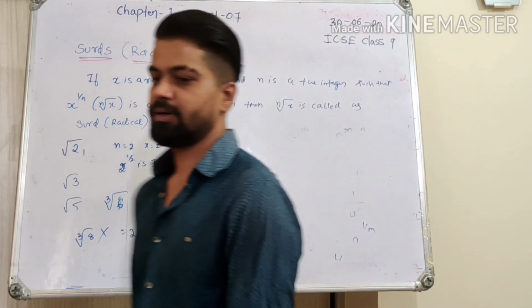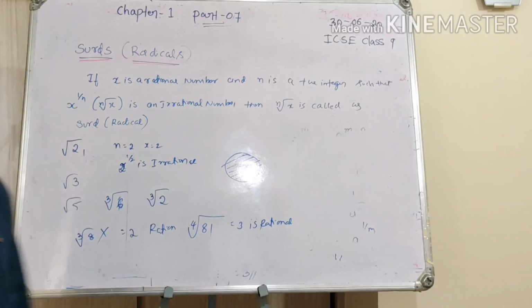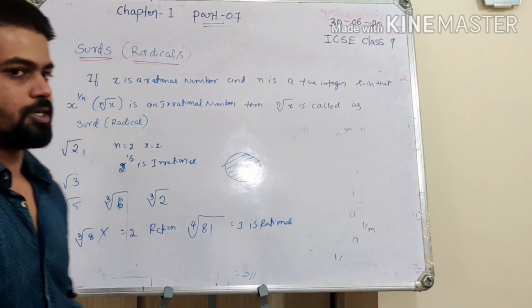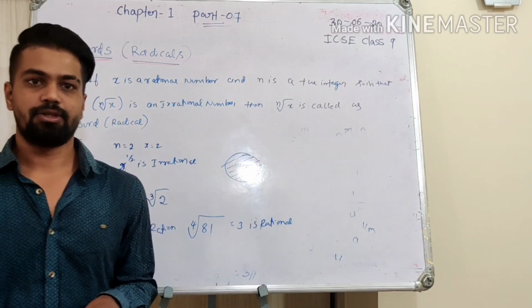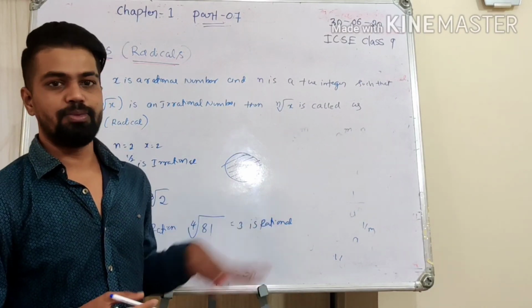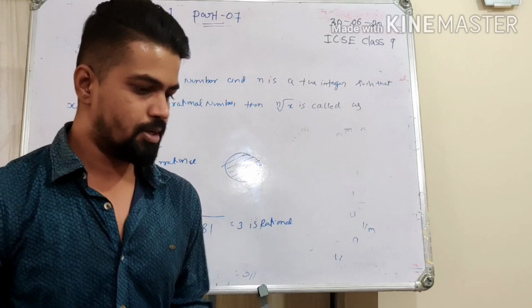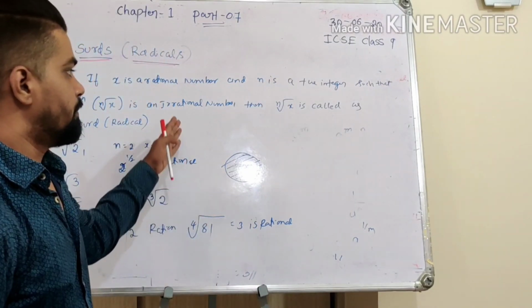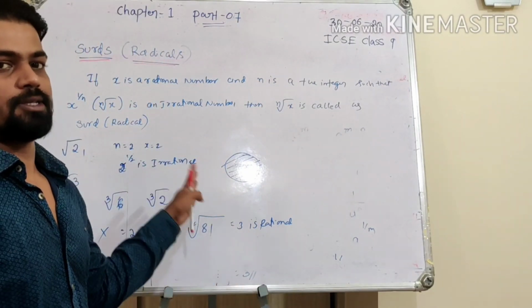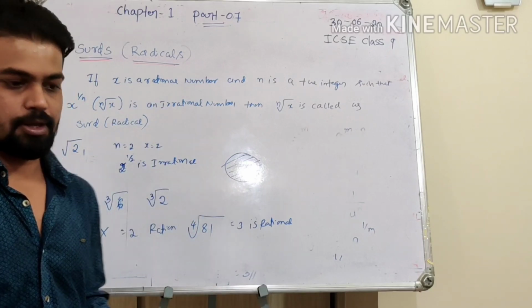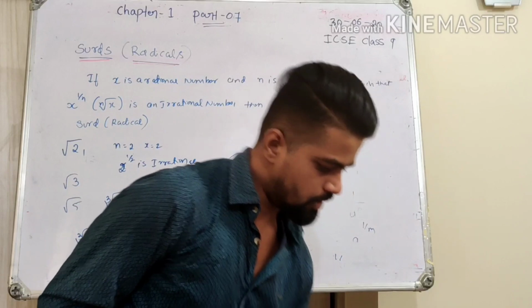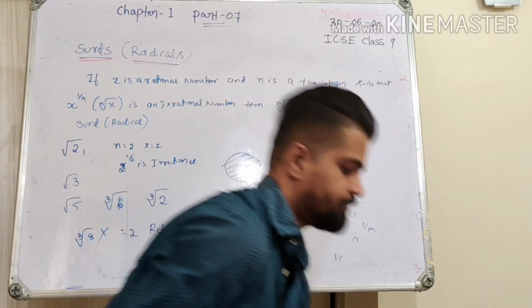So not every number that has a cube root or square root is going to be a surd. Only those numbers which turn out to be irrational after taking the nth root are surds. This is very important. We are going to use this method of simplification of surds in many places in the coming classes, so we need to understand surds very clearly. That's all about the definition of surds.